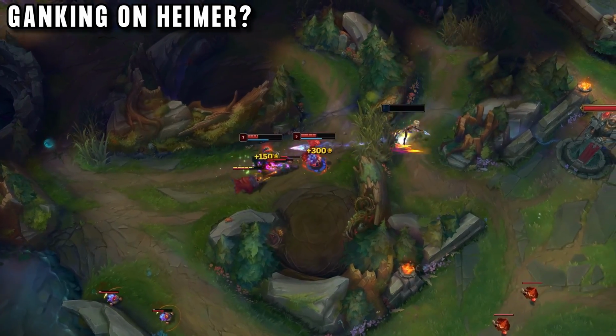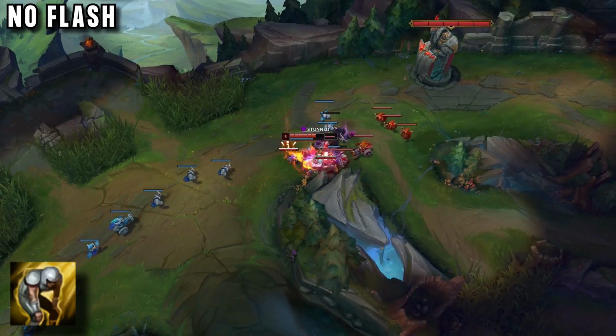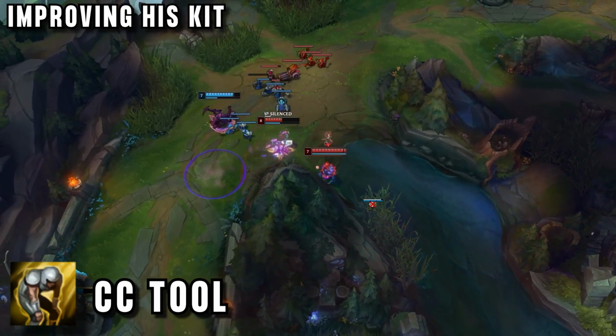His solution to this is taking Exhaust. Yes, that's right, one of the most immobile picks in the whole game is giving up flash, taking Exhaust Smite. The reason for Exhaust is of course as a CC tool, so that Heimerdinger can walk